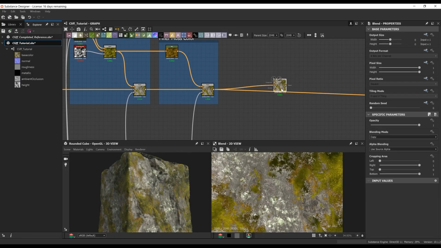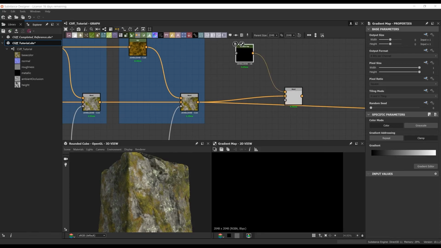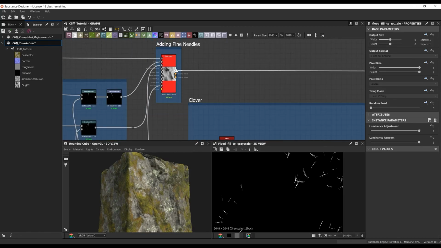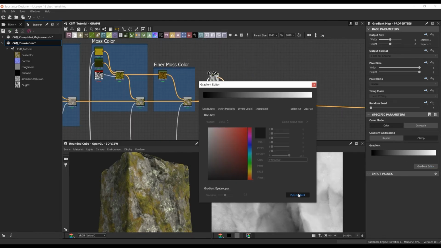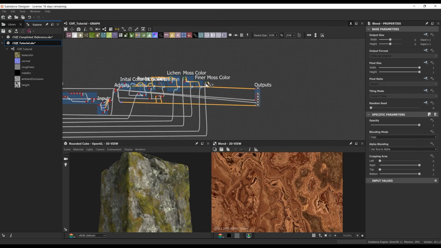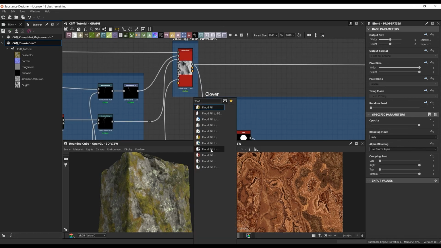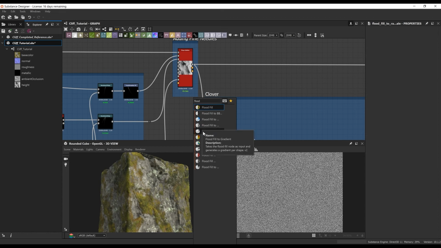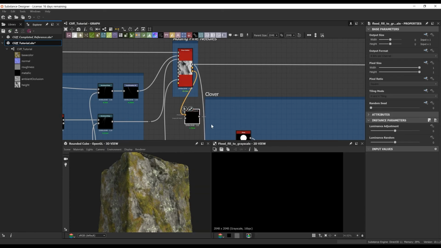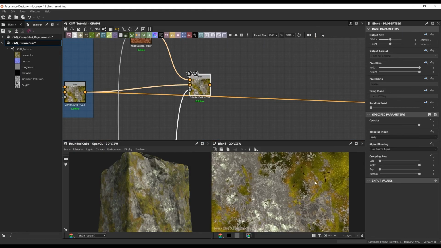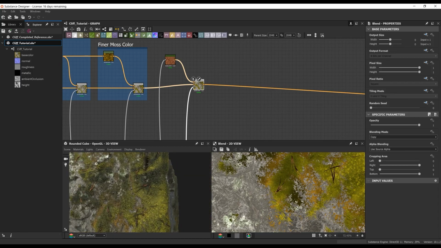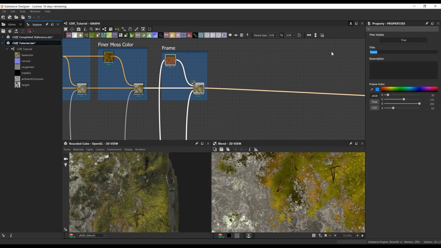Same thing. This one I actually did start a new gradient. I went back to where we actually added the pine needles, and I'm plugging that guy into a new gradient, and I'm sampling off screen a texture of some pine needles that I found. You'll notice that the gradient might look a little weird, a little noisy, but it's okay because we're literally just taking that and blending it with the mask that we're getting from our shape splatter. So the bottom connection point of the shape splatter creates a nice mask that we could plug in a flood fill and create a grayscale mask for it. So that's how we're creating our black and white mask here.